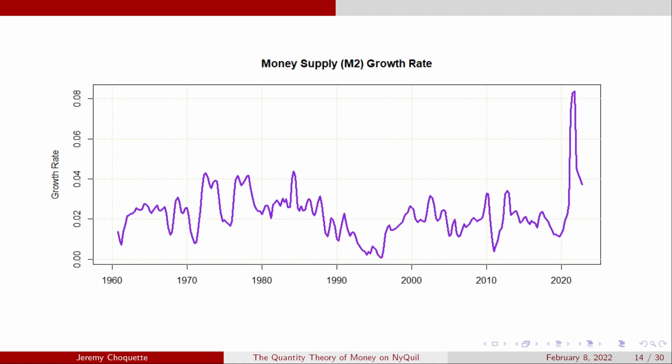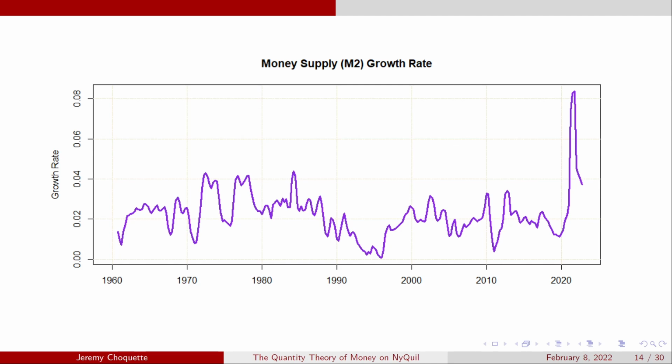Now, when I do that, what I've got here is the year-over-year growth rate in the money supply. I'm using the year-over-year because when we start to think about inflation, it's going to be year-over-year, not quarter-over-quarter or month-over-month, because that's the way the Federal Reserve looks at it. They look at the year-over-year growth rate in the price level, so I decided why not look at the year-over-year growth rate in everything. So we've got the year-over-year growth rate in M2,